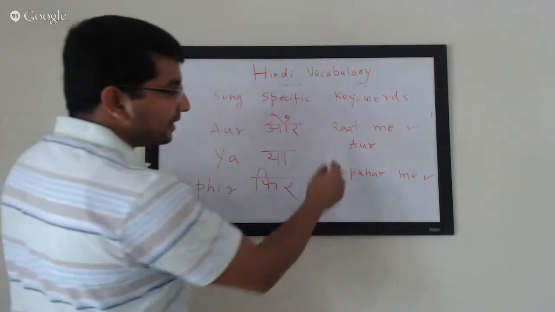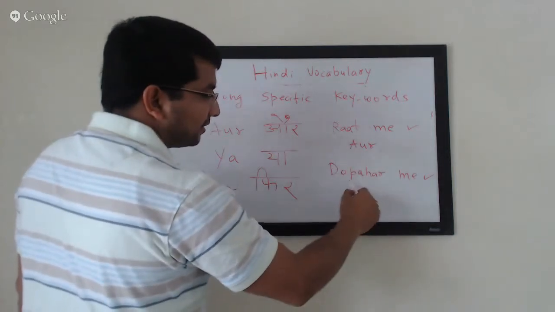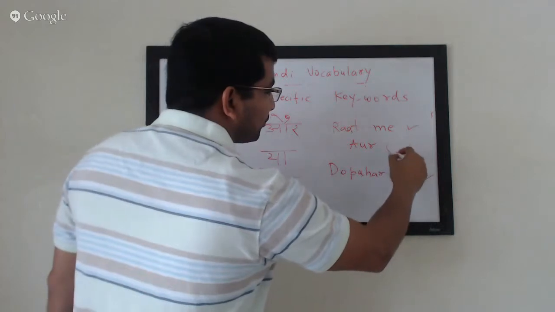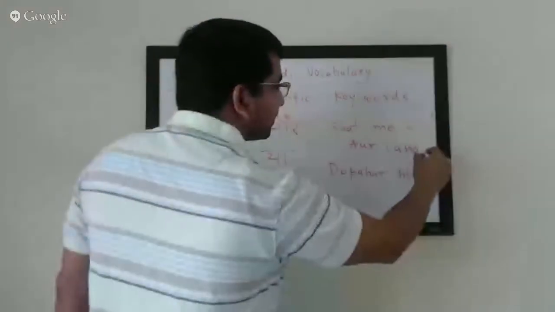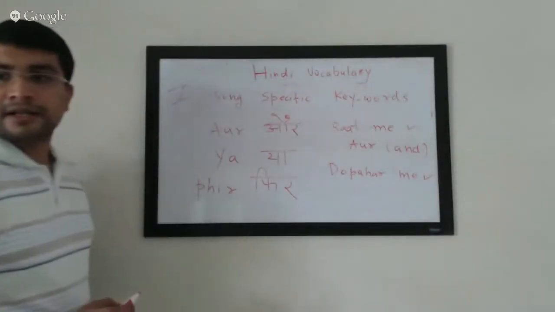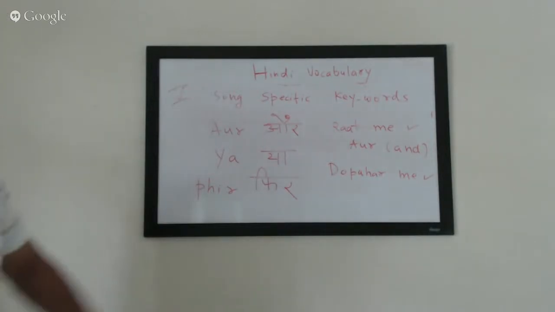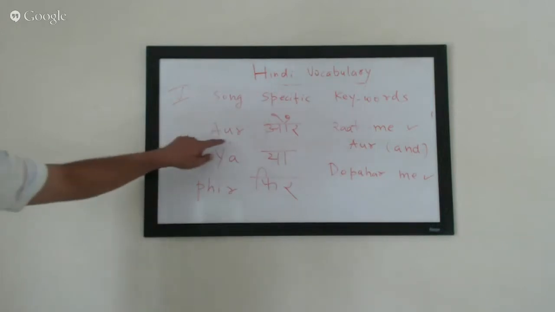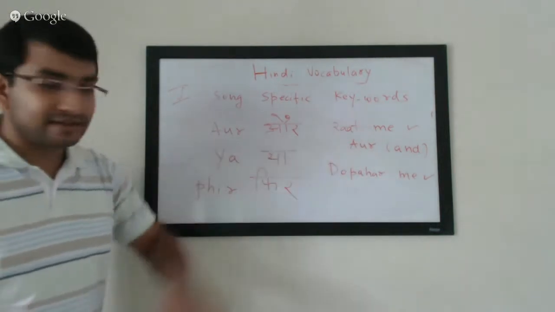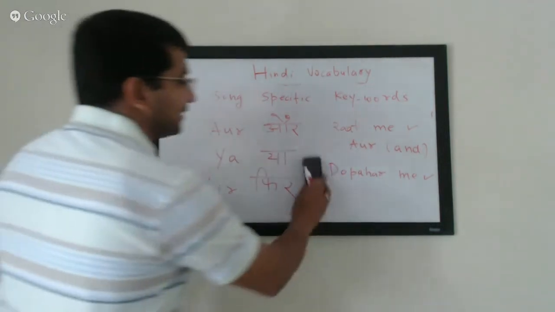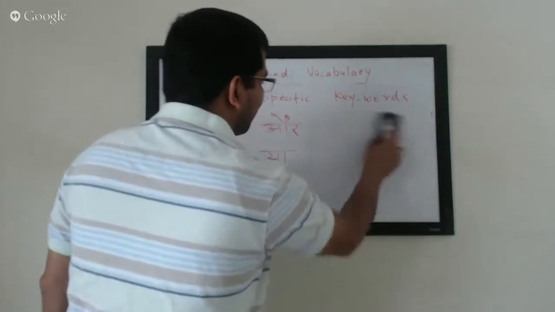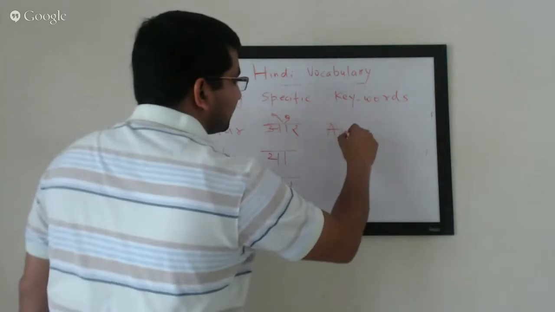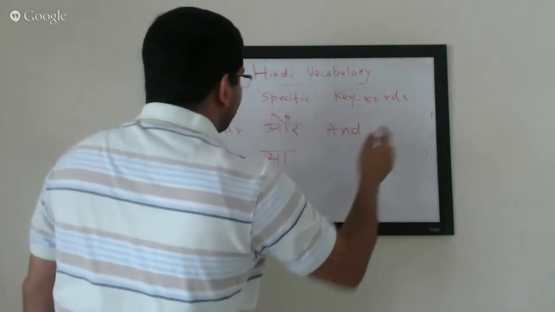It means maybe it's at night and during the day. So by default, it comes to my mind that it might mean and, right? That they may be talking about this and this. So even if I don't know what it means, I can guess that it means and, and that's exactly what it means. It means and,